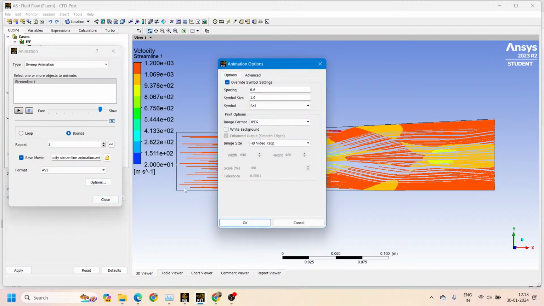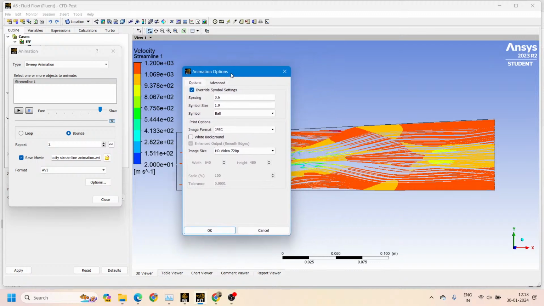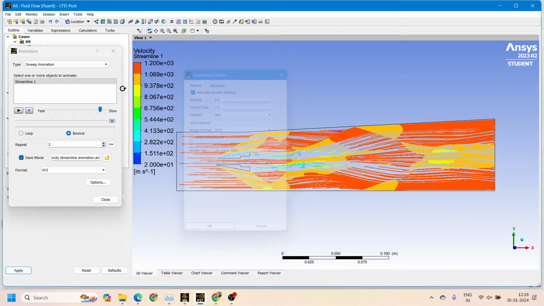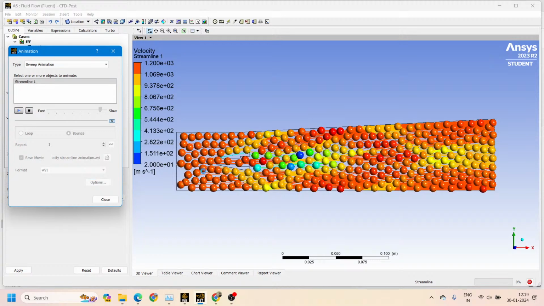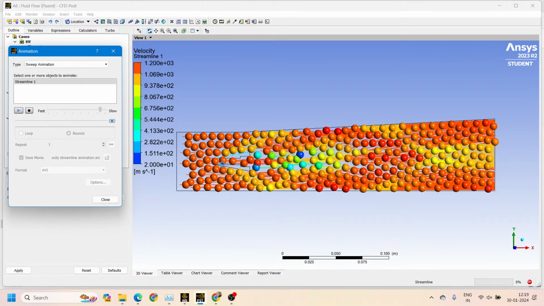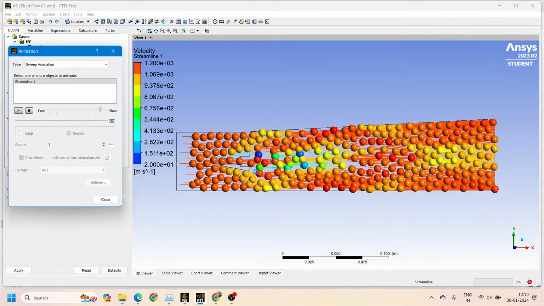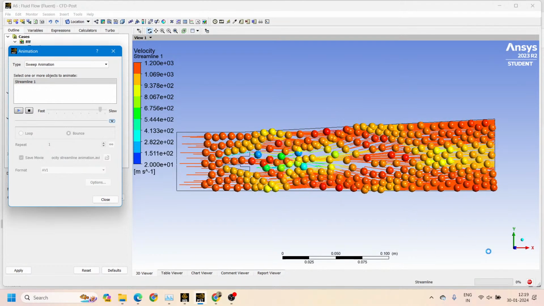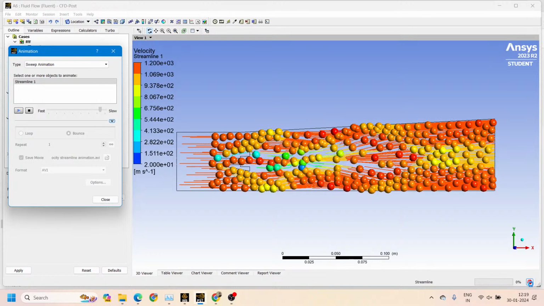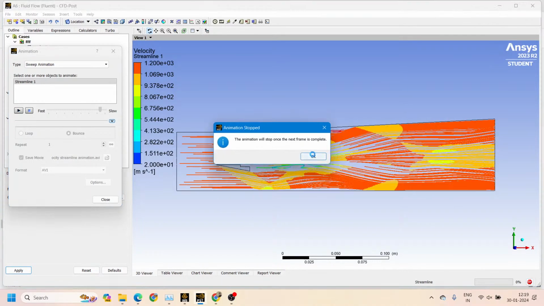One more thing I need to tell you, how to change the size of the ball. Okay, like the particles which were moving, let's say this one, I will show this one once. Say this is one. If it is moving, we can see the balls, the particles shown here with the help of balls, are very big in size. If you want to change the size of the ball or this particle, first stop it. Okay, after stopping,